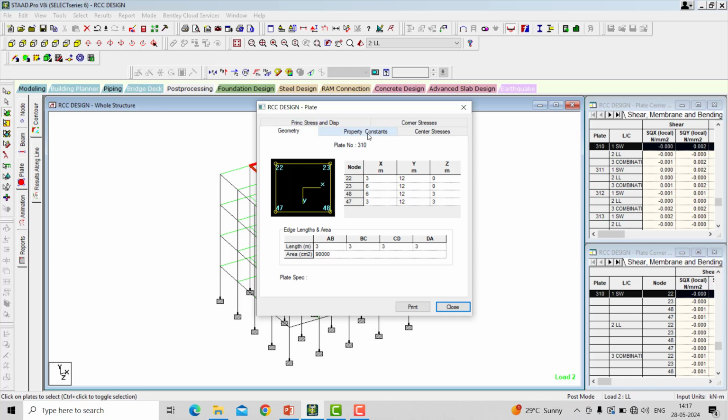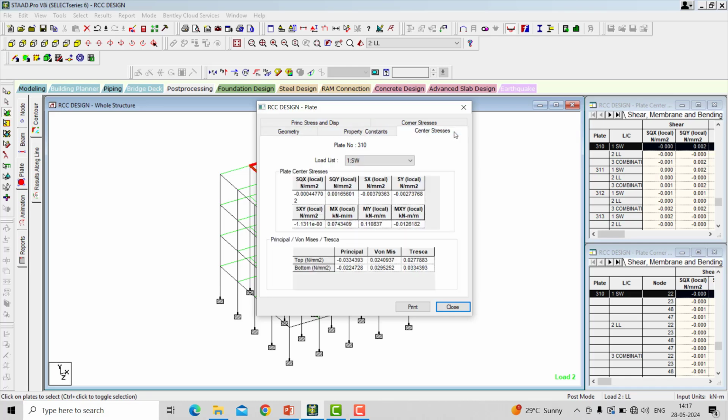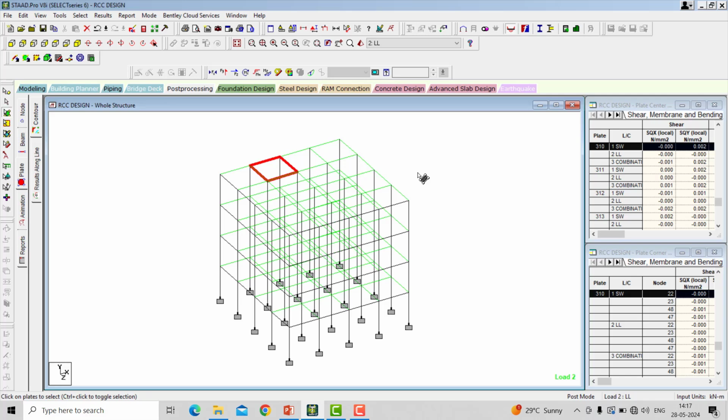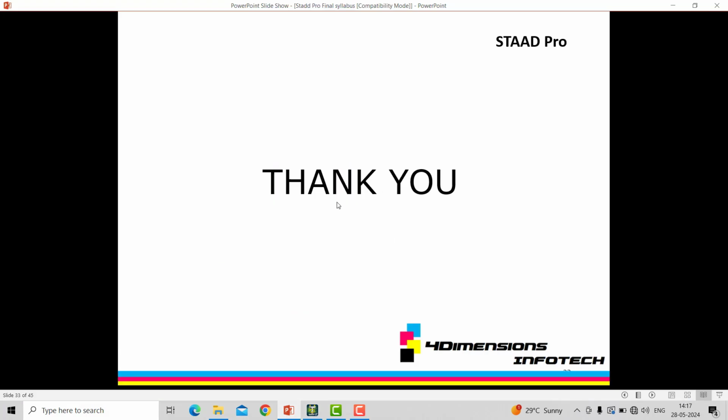Here you can see geometry, property, constraint, center stresses for the dead load and then live load, and for the combination you will get the value only. So this is how we can design the beam and the column, not the slab. In the next video we will learn the other things. Thank you.